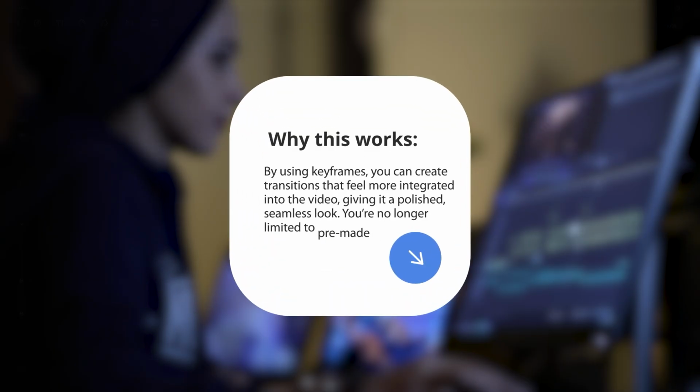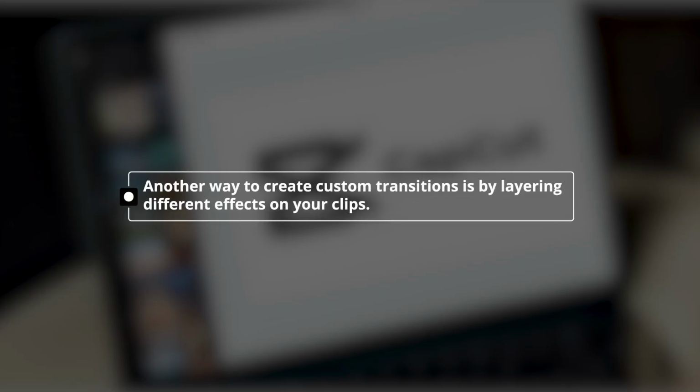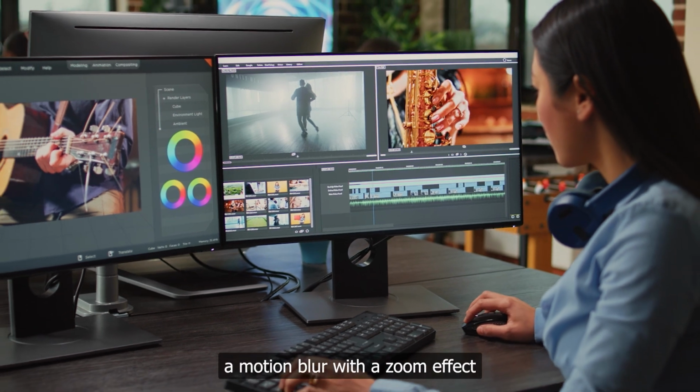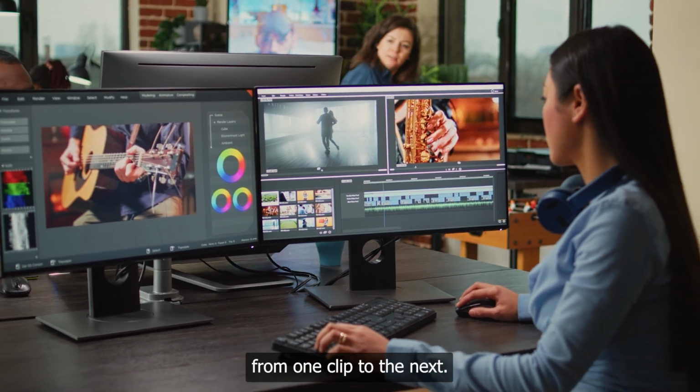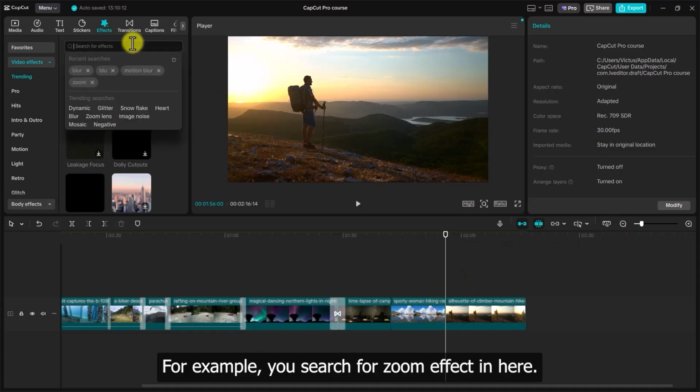Why this works? By using keyframes, you can create transitions that feel more integrated into the video, giving it a polished, seamless look. You are no longer limited to pre-made transitions. Step 2. Layering effects for custom transitions. Another way to create custom transitions is by layering different effects on your clips. For example, you can combine a motion blur with a zoom effect to create a dramatic transition from one clip to the next. For example, you search for zoom effect in here,